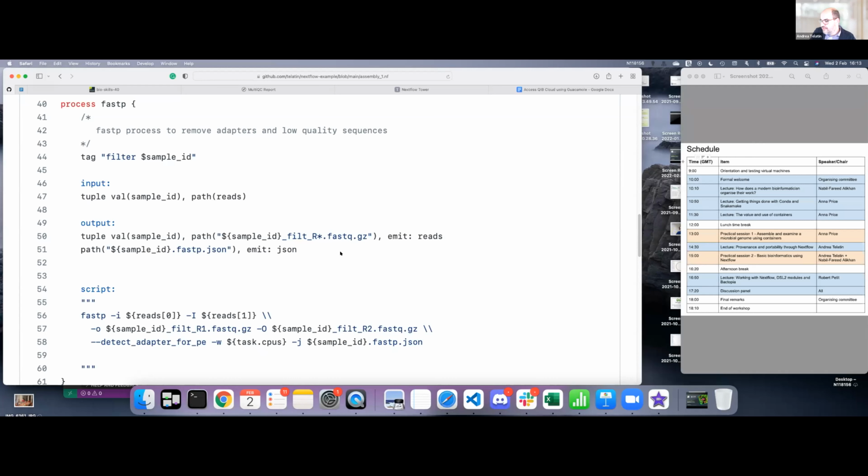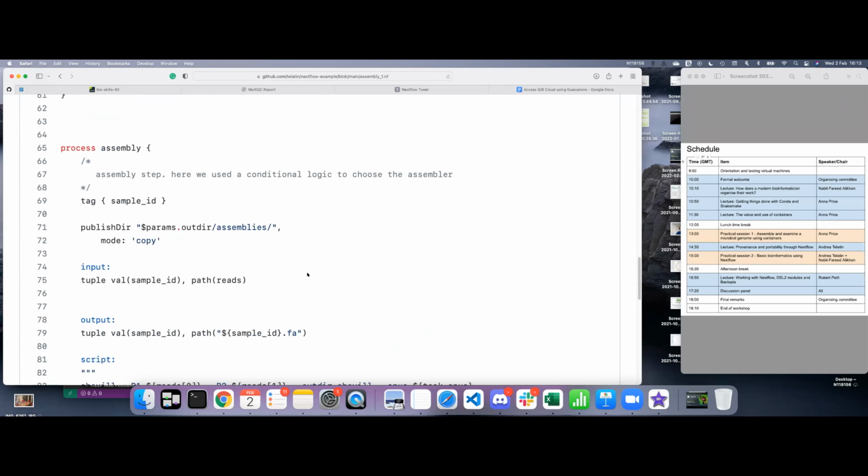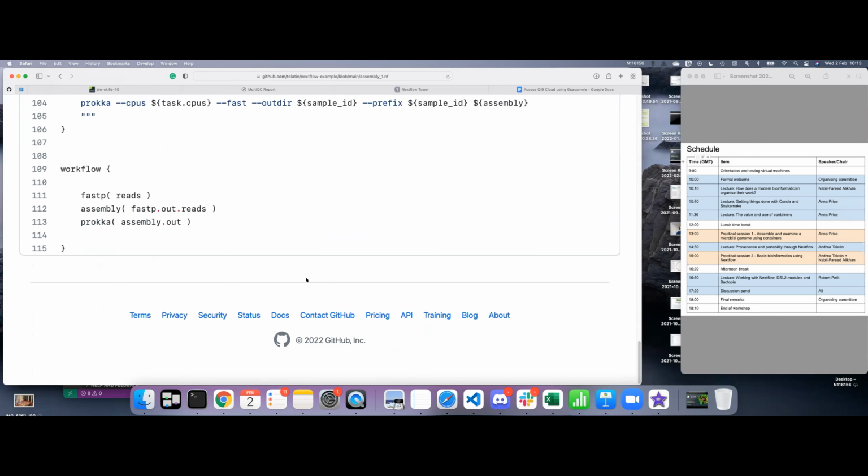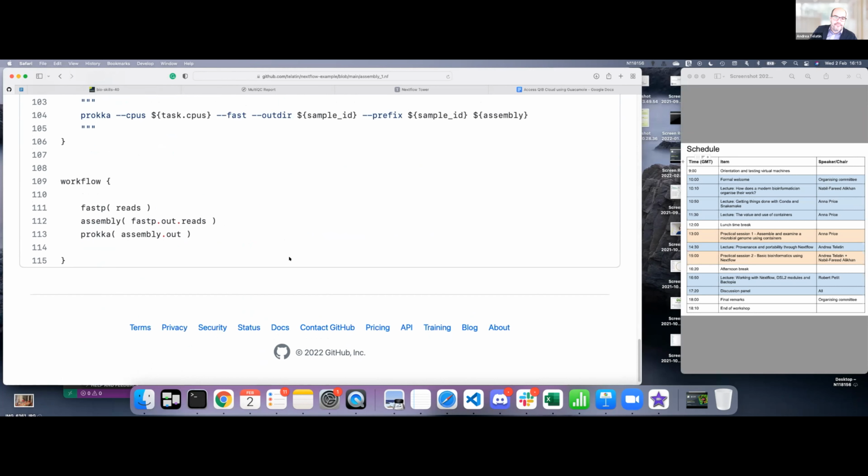Any questions so far? Could I just ask, I'm a little unclear about the workflow section at the bottom and how that interacts with the emit bits. Is that sort of an overview so it's easier to write? I've not seen it before. So